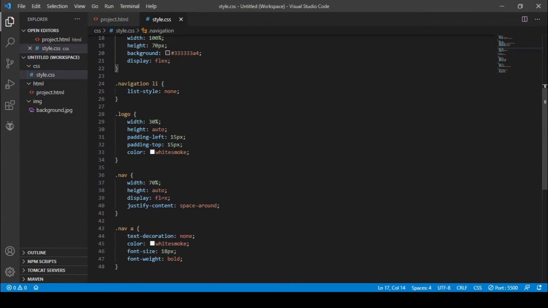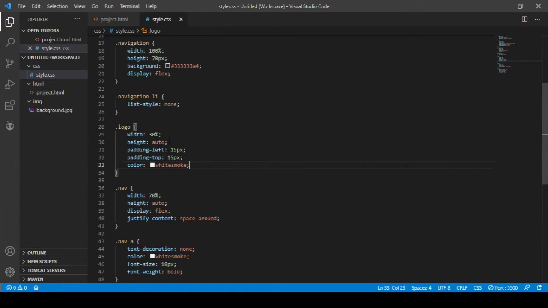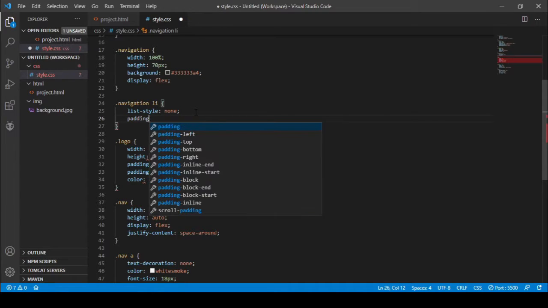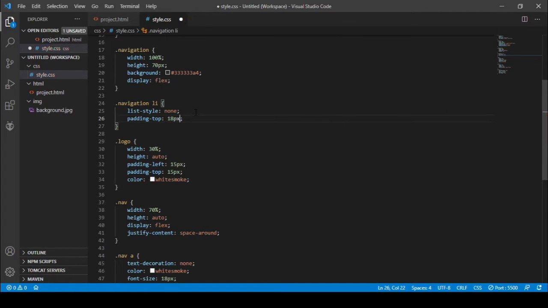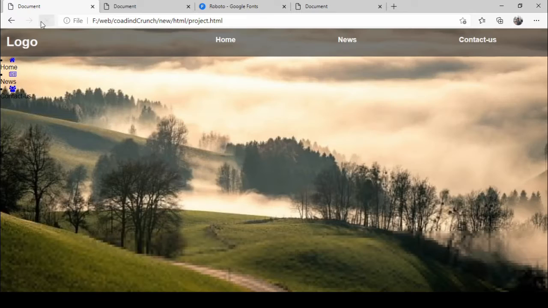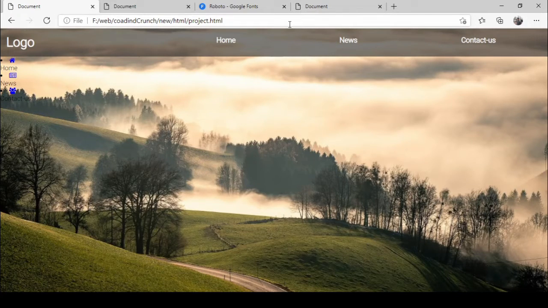Let's give the padding top for the nav list. I need somewhere like 18 pixel. Let's refresh the web page again. Yeah, it's appearing so well.